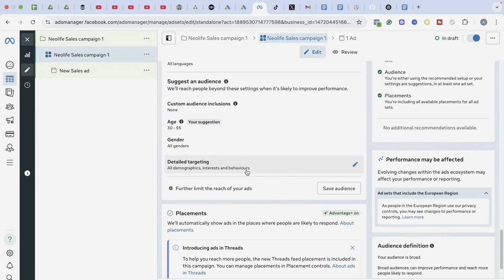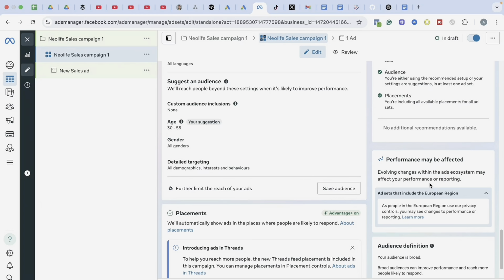This detailed targeting now that I'm about to select works differently now. Gone are the days whereby once you put in your interest and behavior targeting, Facebook will use that to target people that have interest in your product based on the selected audience, the selected interest, the selected behavior or demographic you've inputted. That is what was working before.